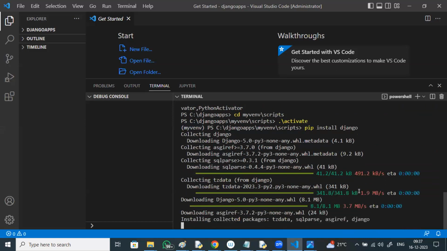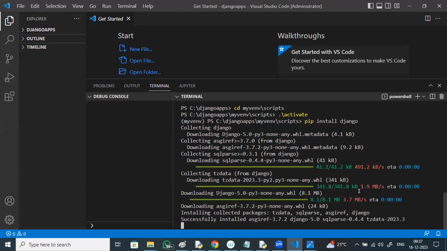Installing collected packages. Successfully installed Django 5.0 version, right?